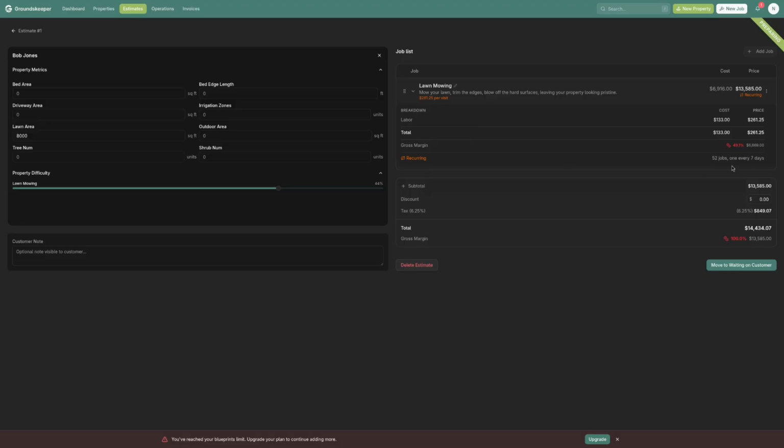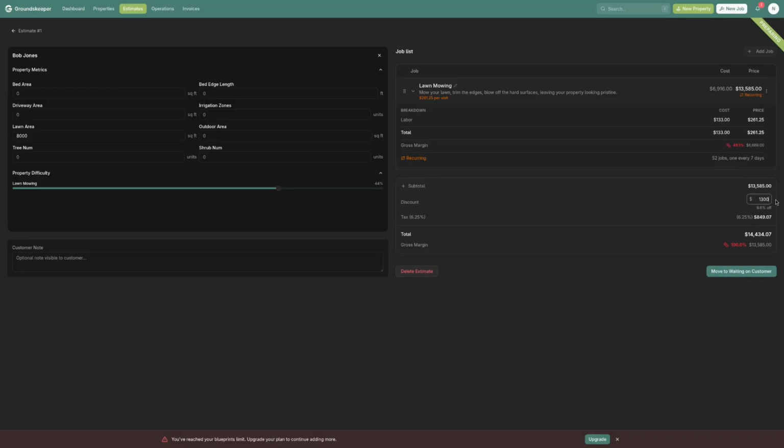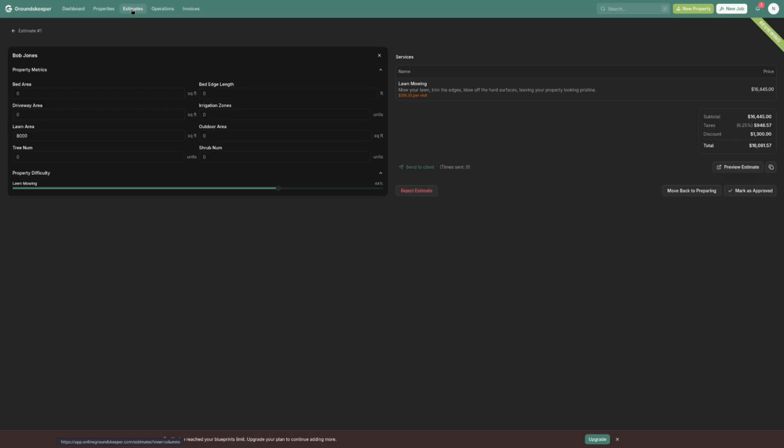You can also see the gross margin, which is really driven by the labor cost and the labor price. So you can change that in the finance settings. Finally, you can add a discount here if you wanted to, and those will all update. Once you're happy with what that looks like, you can move to the next stage, which is the waiting and